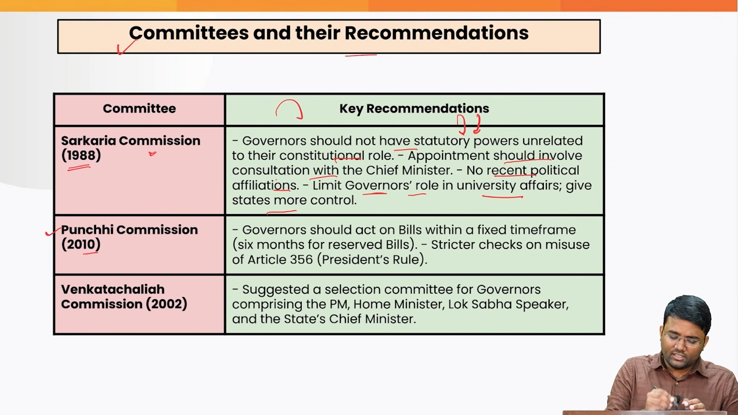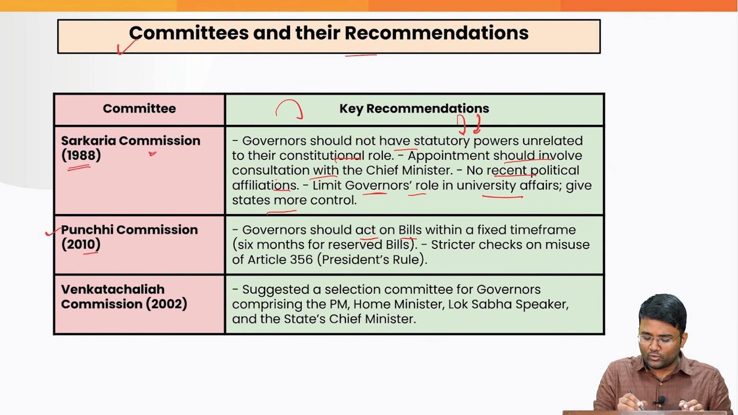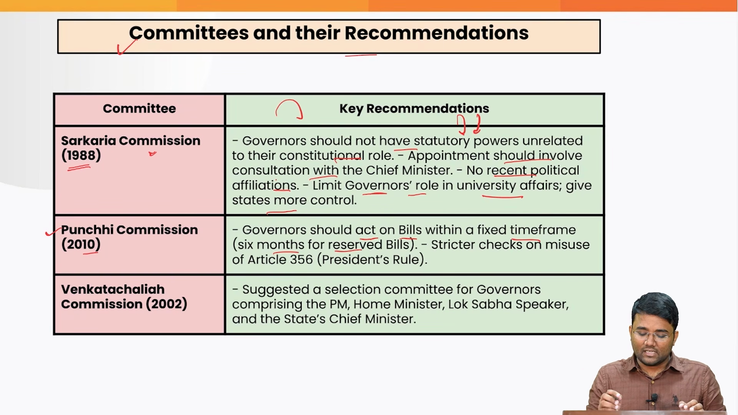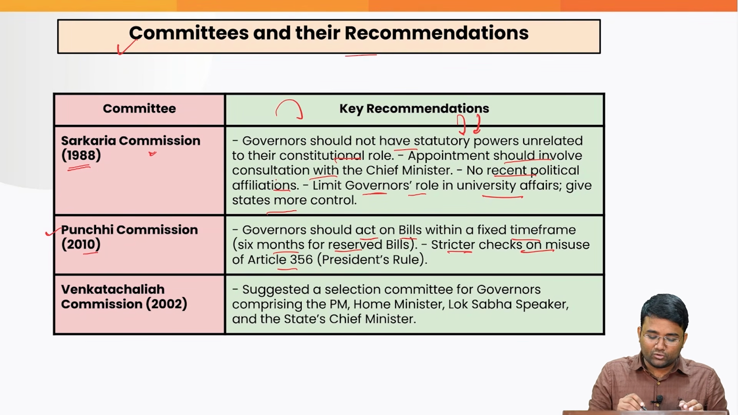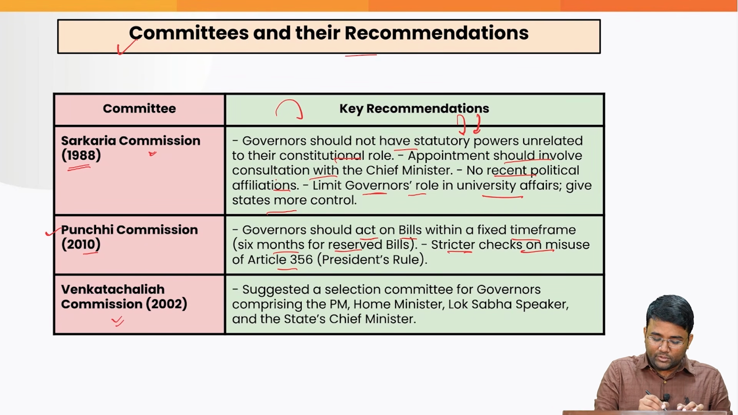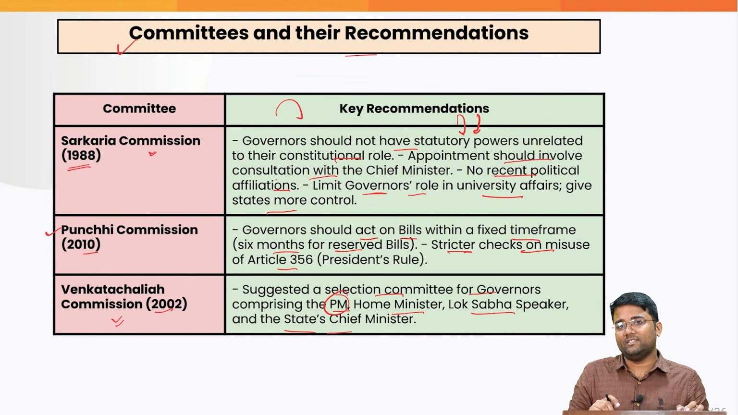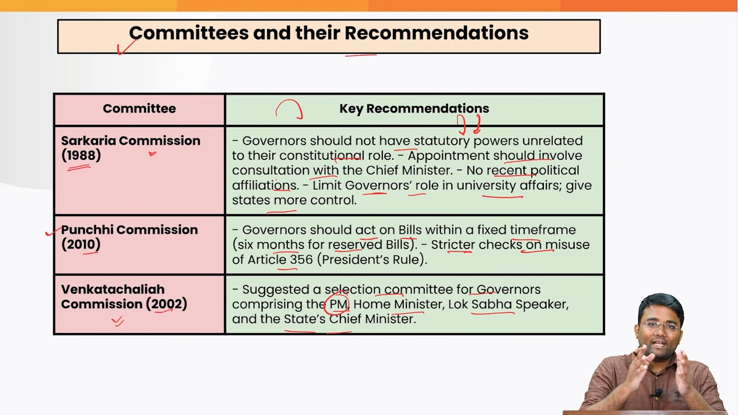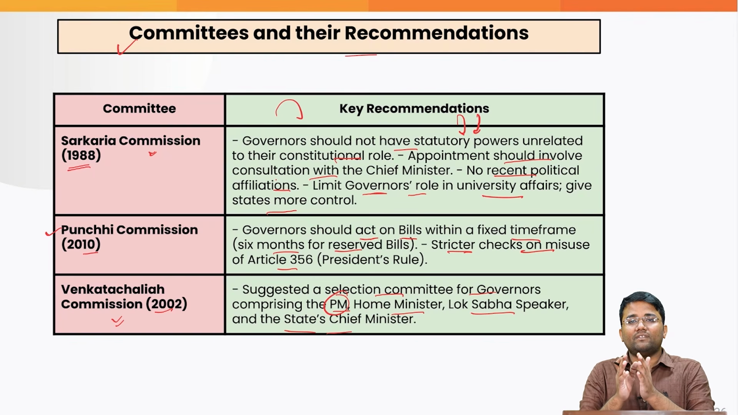Then the Punchhi Commission of 2010 said that the governor should act on the bill within a fixed time frame, 6 months for the reserved bills. Also, stricter checks on the misuse of Article 356, that is President's Rule. Then the Venkatachaliah Commission of 2002 suggested a selection committee for governors comprising the Prime Minister of India, Home Minister, Lok Sabha Speaker and the State Chief Minister, so that wider consultations happen with regard to the